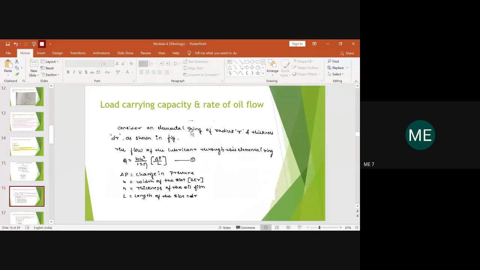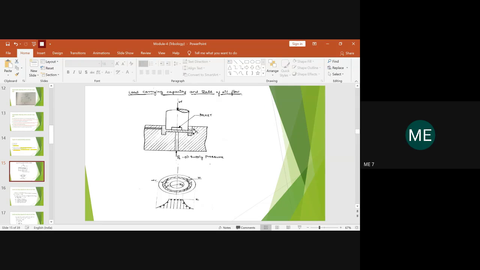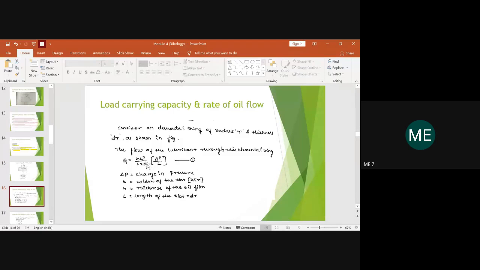So once the elemental ring and its area and thickness is defined, you should now be able to figure out an equation which helps you in understanding the flow of the lubricant, because you know that within the clearance value, the lubricant will be flowing. So how do you analyze the flow of the lubricant within the given elemental ring? That will be given by the equation Q is equal to BH cube by 12 mu into variation in pressure divided by length. So dP will provide you the change in the pressure